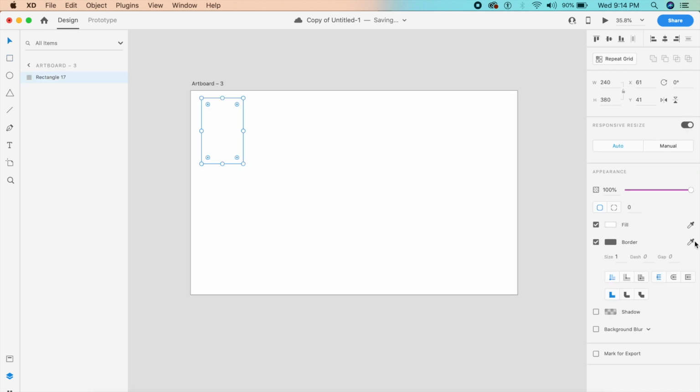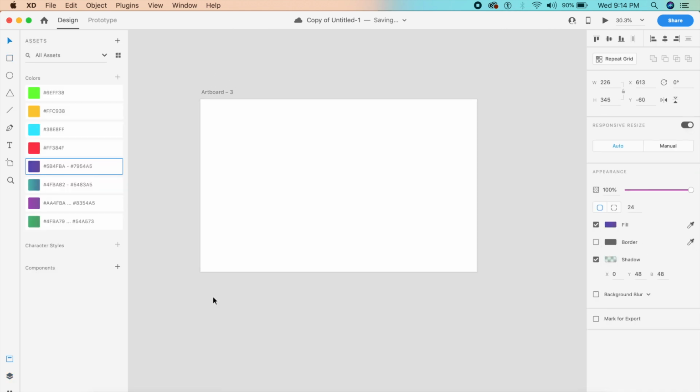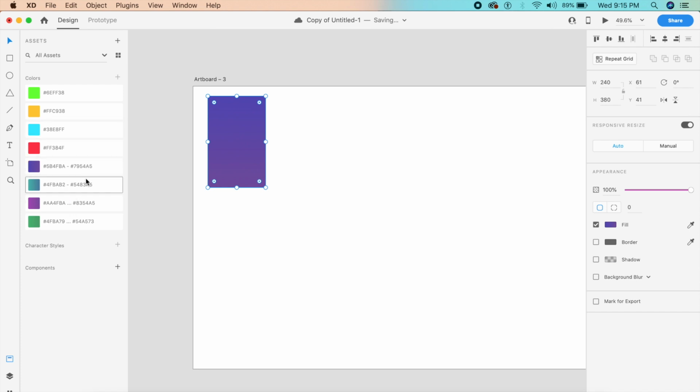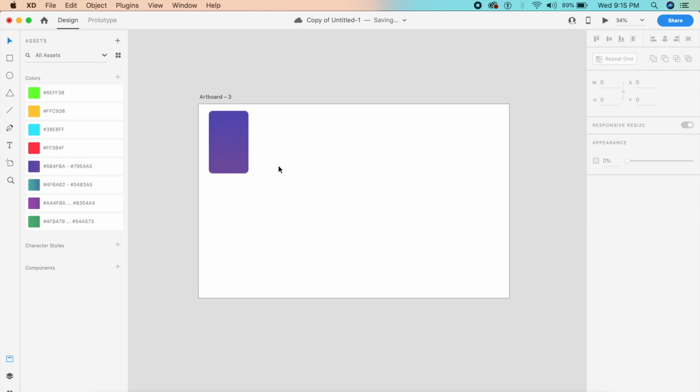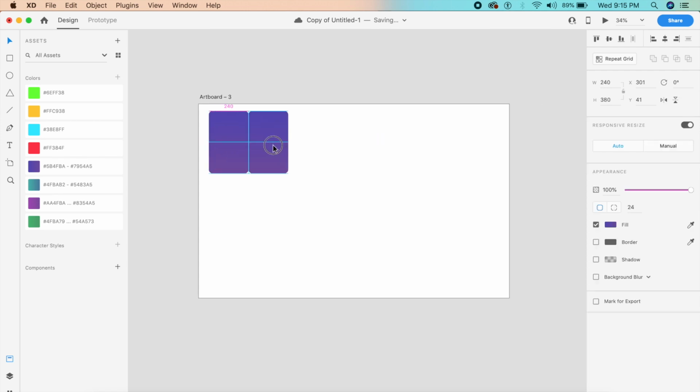And once I've made that rectangle, I already have these gradients filled up. So on the left panel, on the colors panel right here, I will be giving the XD file down in the description like always. And I'll give this a border radius of about 12, or maybe even more, 24. Yeah, that's perfect. And what I'm going to do now is duplicate this, place them slightly apart,